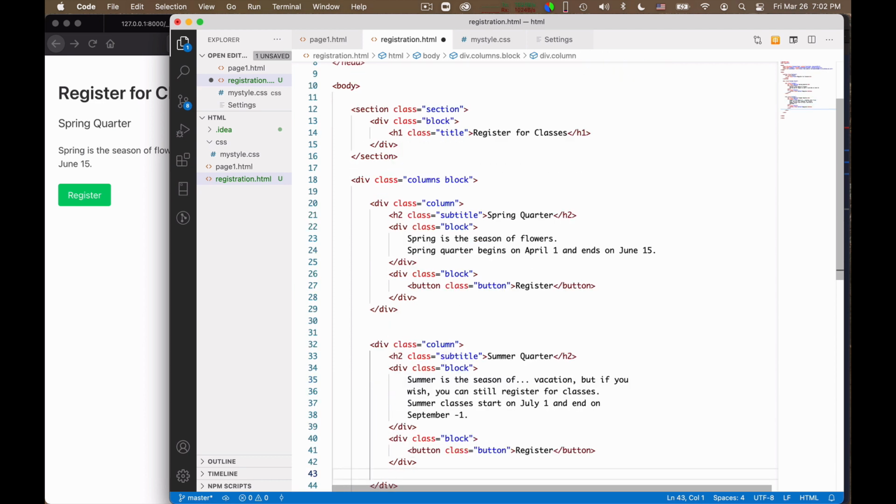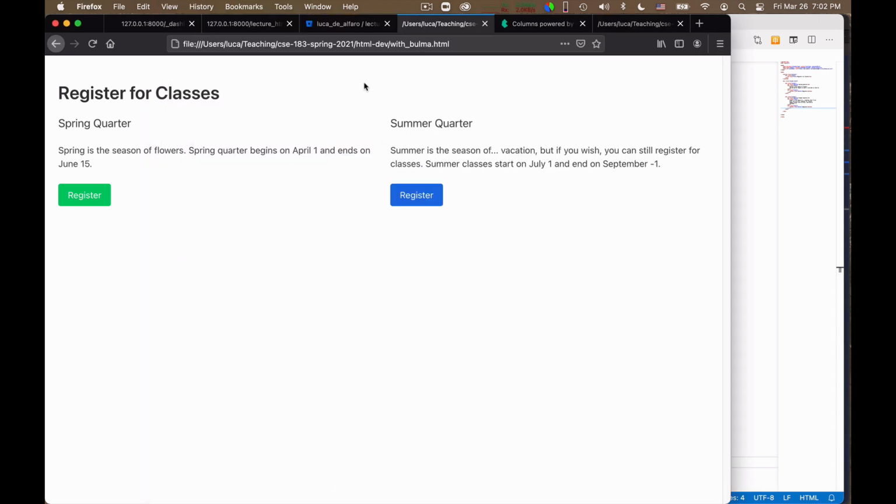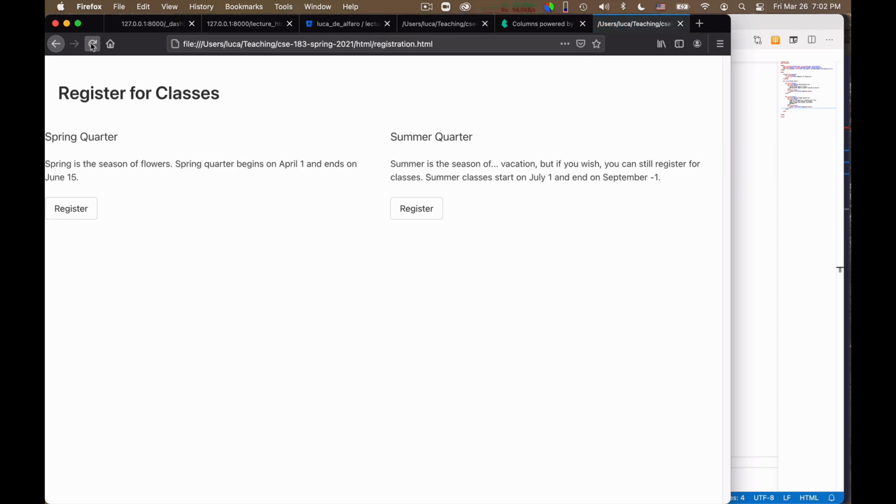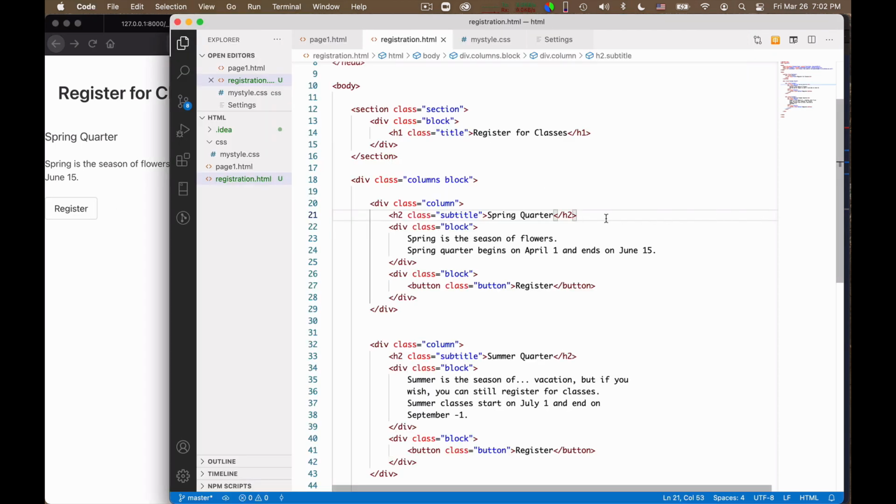Okay, so this is a fairly good attempt. Let's see how this page looks. I save it and I reload it. So this is what we want, but this is what we've got so far. It's not aligned correctly. It looks fairly okay. These colors are wrong. So what is going on?